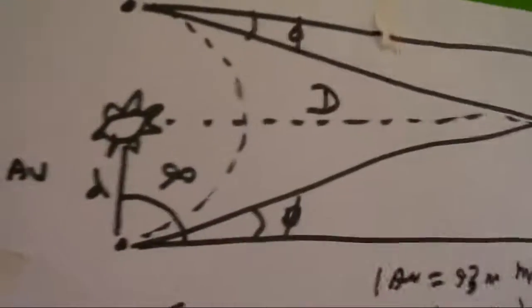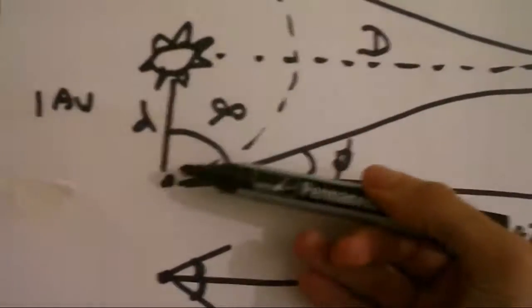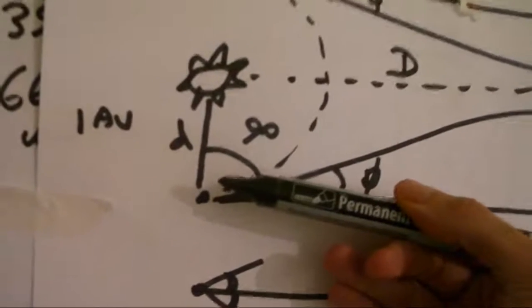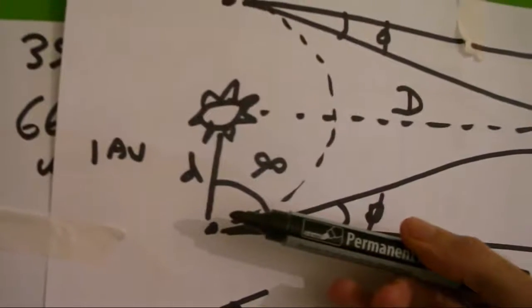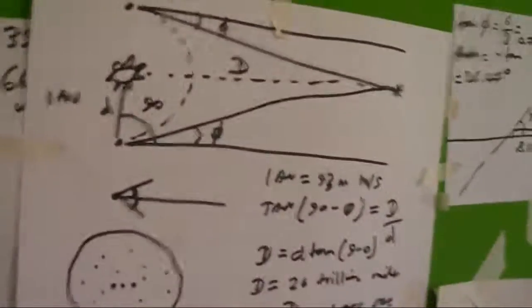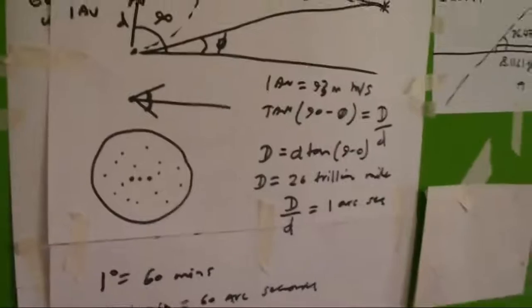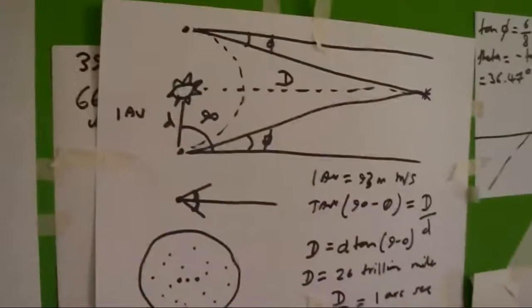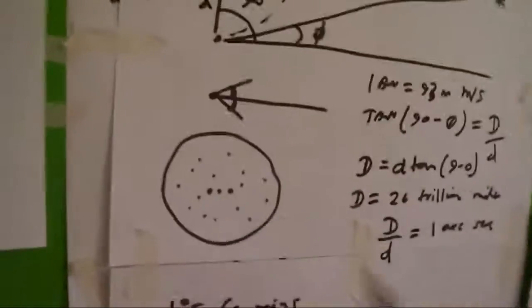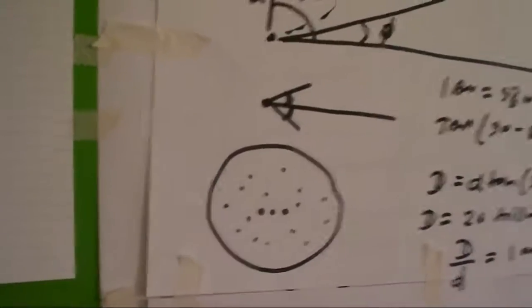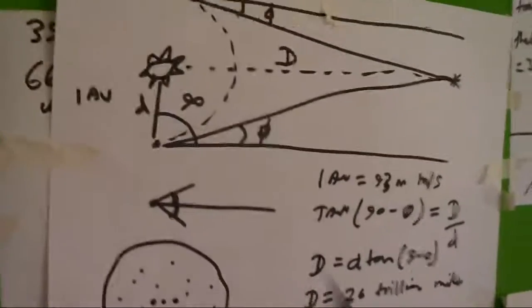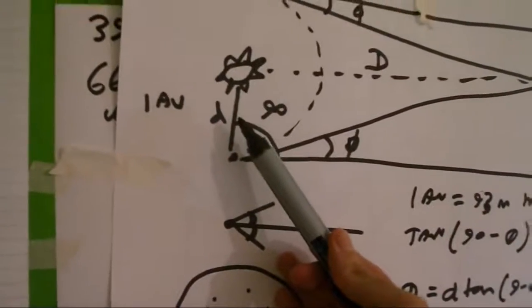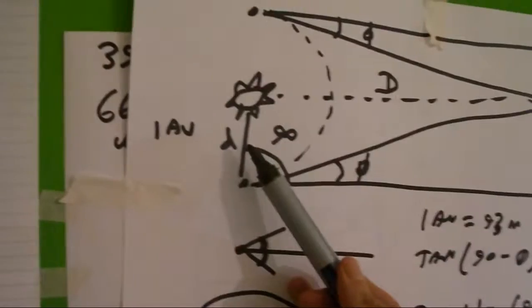So you can get an idea of the scale of it looking at this drawing. This distance here, for this to be to scale, that has to be 206,000 times 93 million miles. And that's how you would work out the parallax using standard physics. Now remember, this rested on the assumption that the Earth is spinning round here from this observation. It rested on the assumption that we knew the distance to the Sun as 1 astronomical unit being equal to 93 million miles,